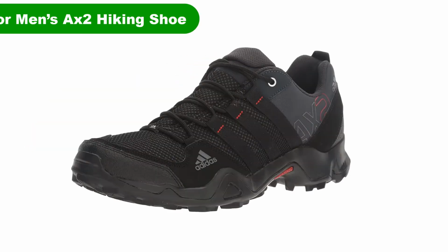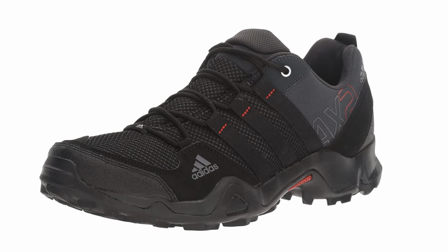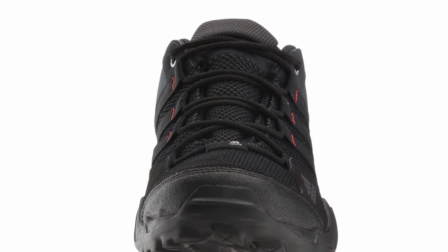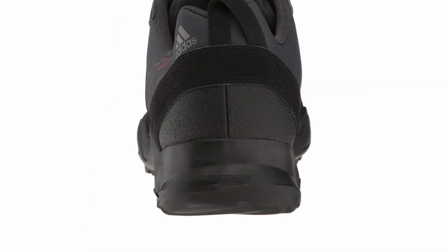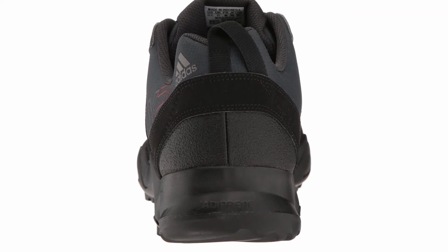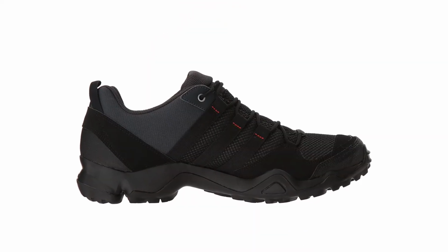Number 5. Last but not the least, our fifth best pick is Adidas Outdoor Men's Axe 2 Hiking Shoe. If you are an avid climber of mountains in search of an all-around multifunction pair of walking shoes, then the Adidas Outdoor Men's Axe 2 is the right choice for you. This pair of shoes offers enough support for extended treks through more difficult terrain. They have also proven effective in classic treks in plains country. The resistant outsole provides